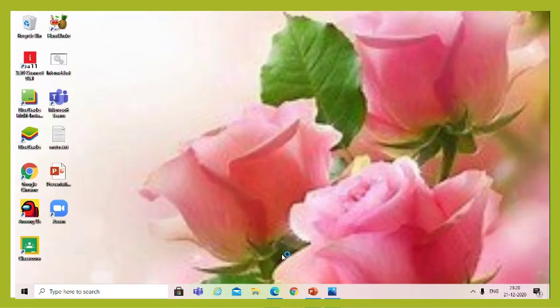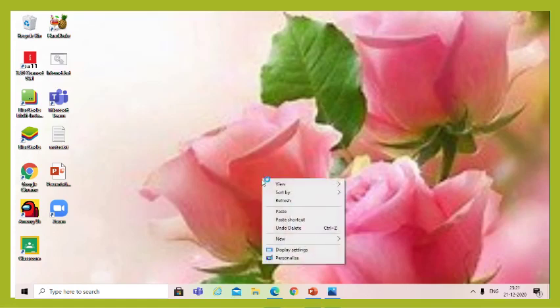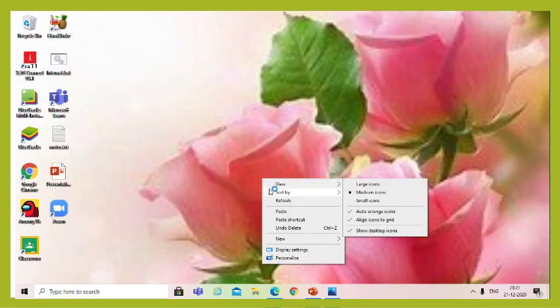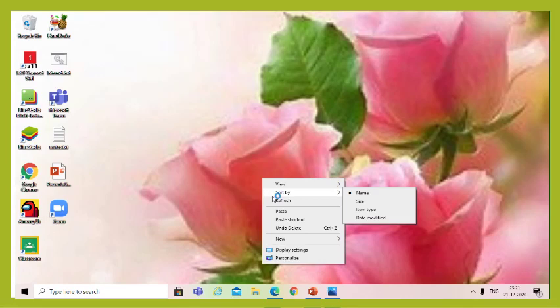Changing the desktop background. The appearance of the desktop background can be changed according to our wish. Okay, now let's see the steps to change the desktop background. Okay, first perform the right click on the blank area of the desktop. Then you can see a small menu with a list of options will appear. Then select the personalize option.